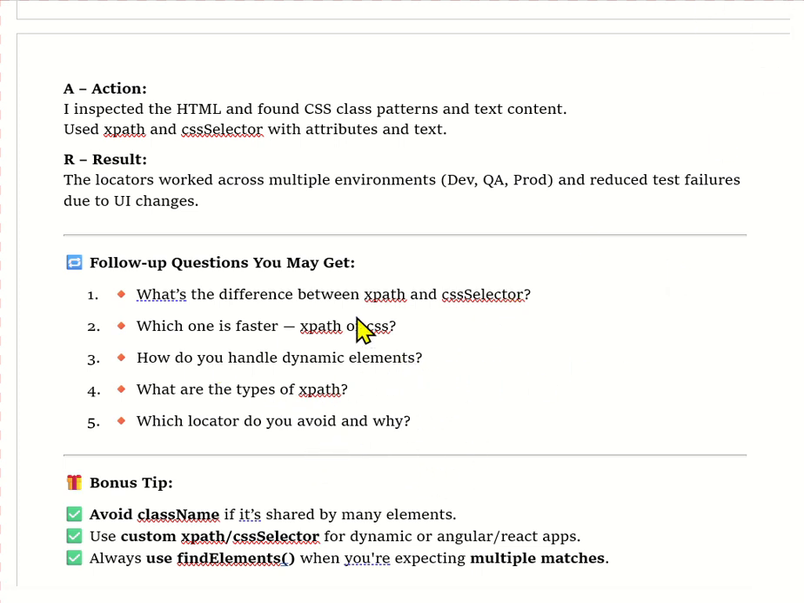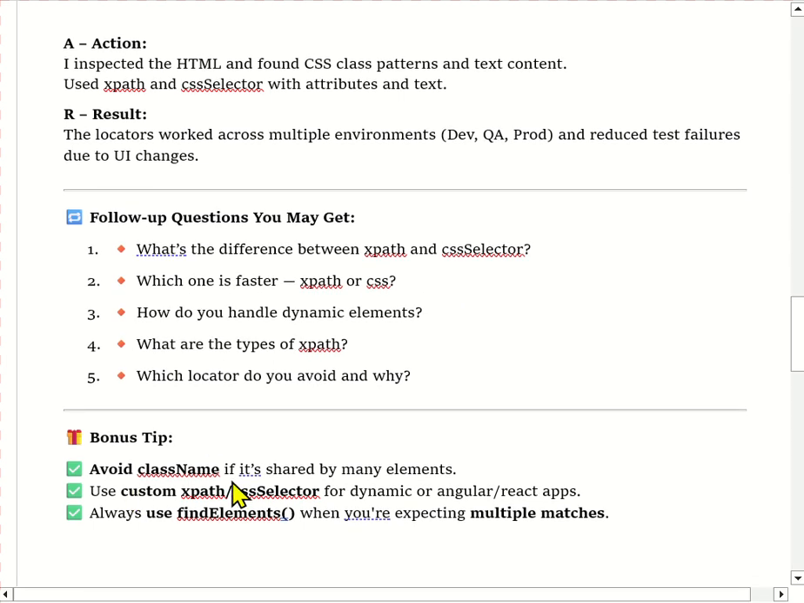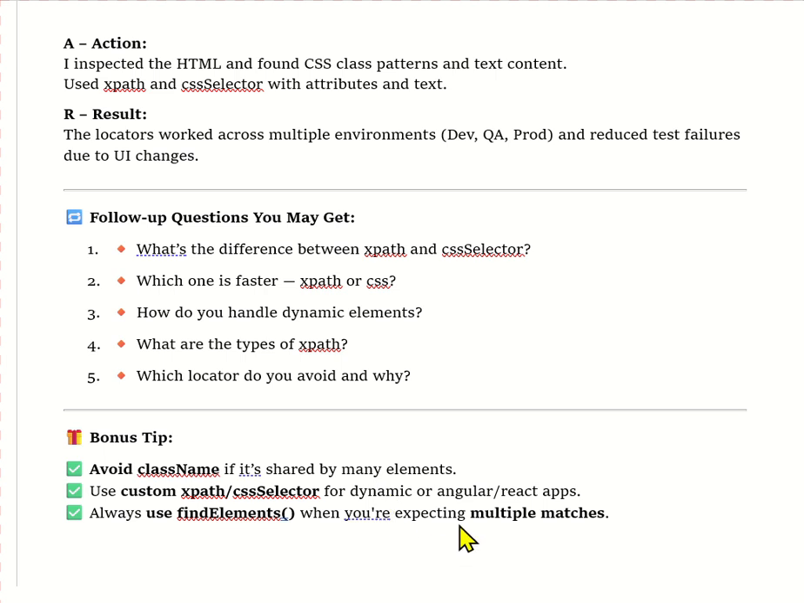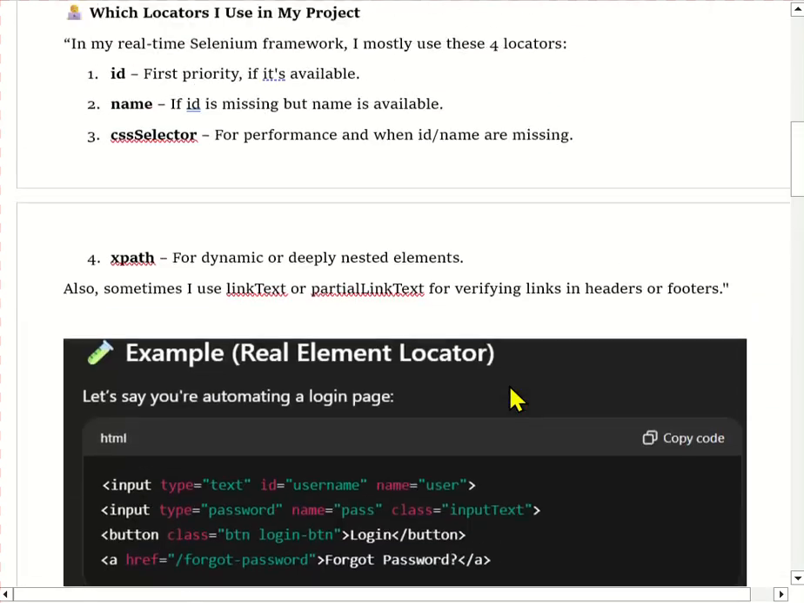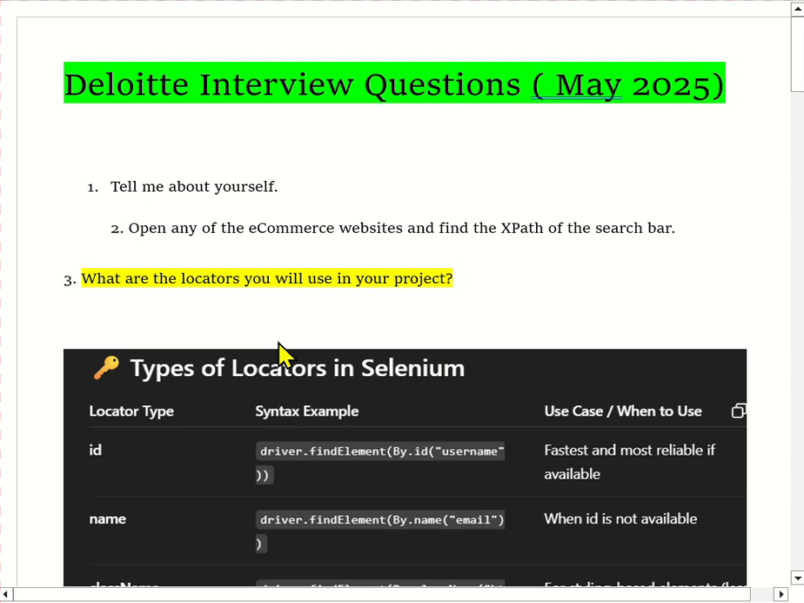I will explain this question in the next video. And some bonus tips for you: avoid class name if it is shared by many elements, use custom XPath or CSS selector for dynamic elements, and always use findElements when we are expecting multiple matches. So in this way we have to explain this question, and our question was what are the locators you will